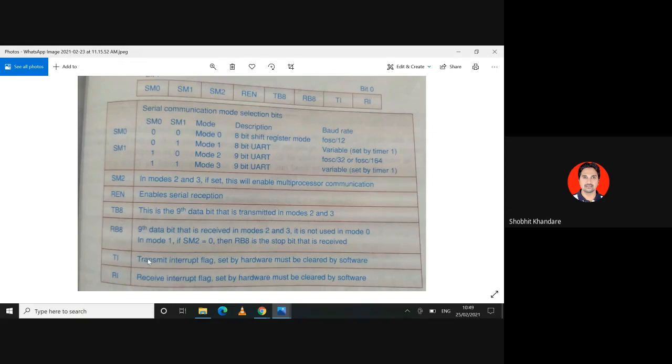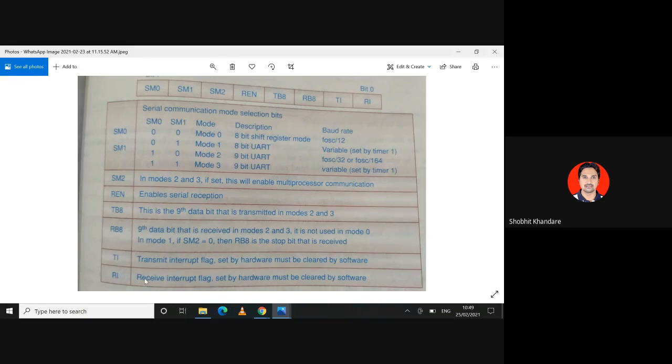I am reading now. Now please try to understand. I am reading a sentence about the TI. It is a signal to the microcontroller that the line is available to transmit a new byte. That means your TXD line is available to transmit the new byte. So when you are transmitting the 1 byte, once you transmit the 8th bit, TI will be set as 1, and that is giving an indication to the microcontroller that the line is available for transmission of a new byte.